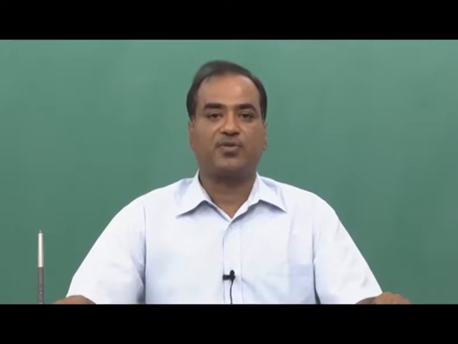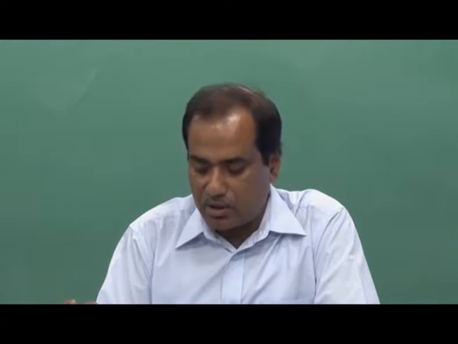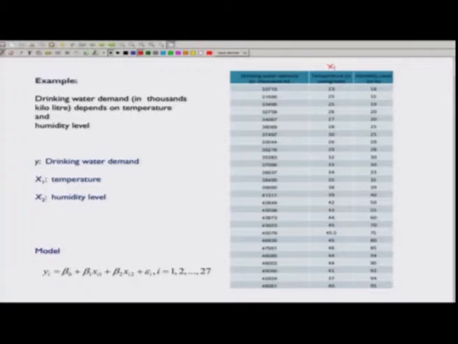So let us try to consider the example. You may recall that earlier we had considered this example where we had two independent variables x1 and x2, which are the temperature and humidity, and we had recorded the drinking water demand as y, and based on that we have considered this model